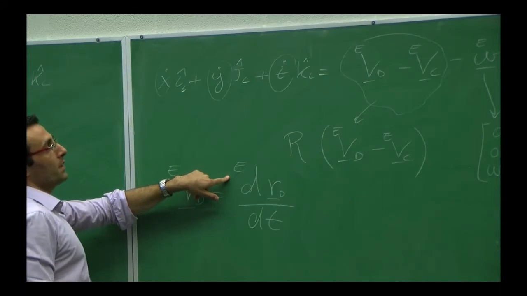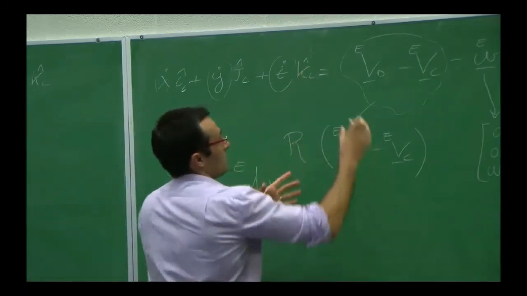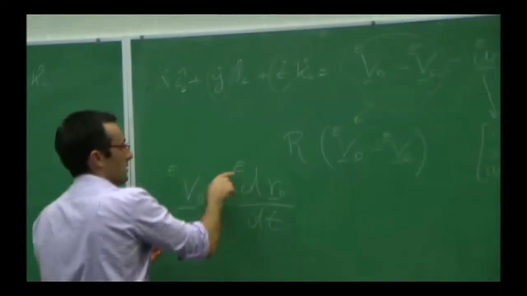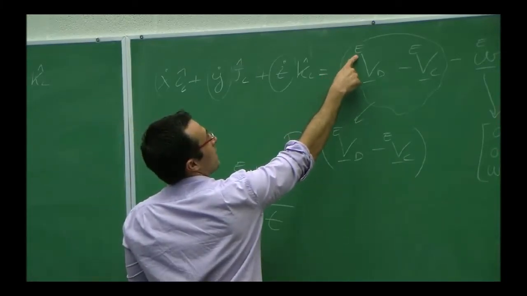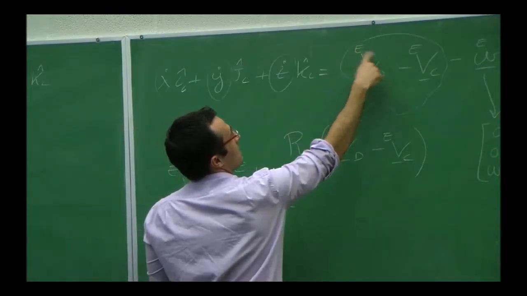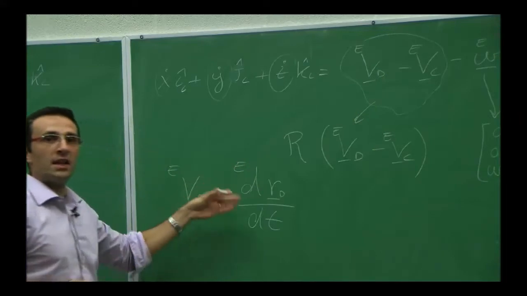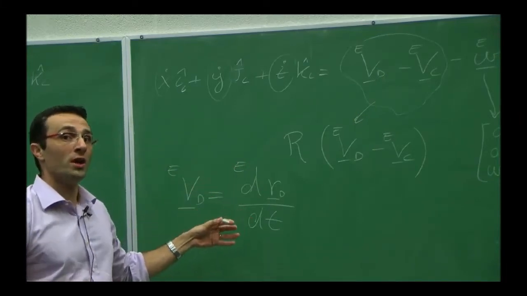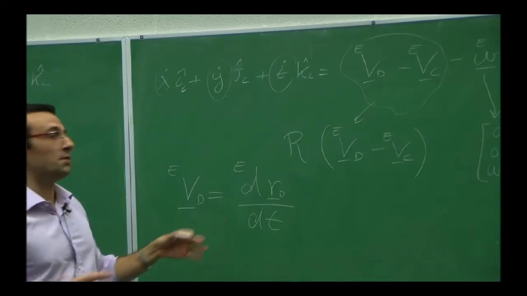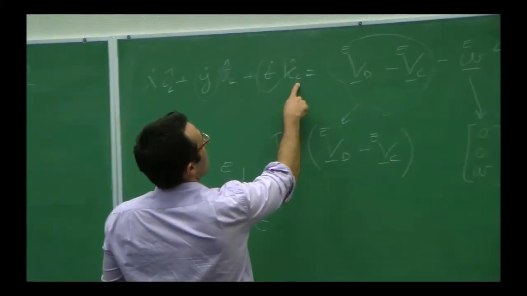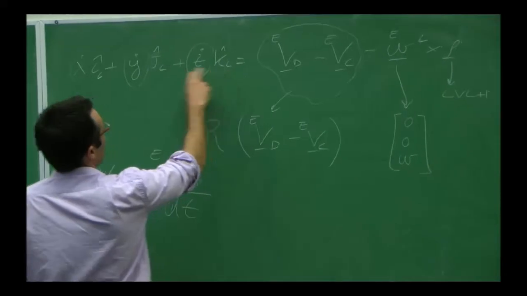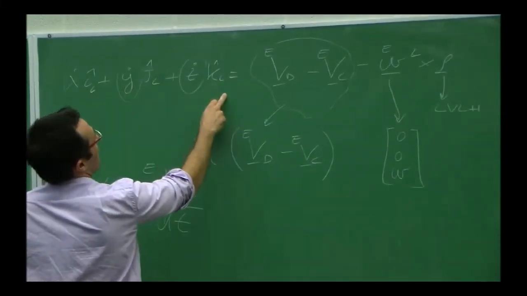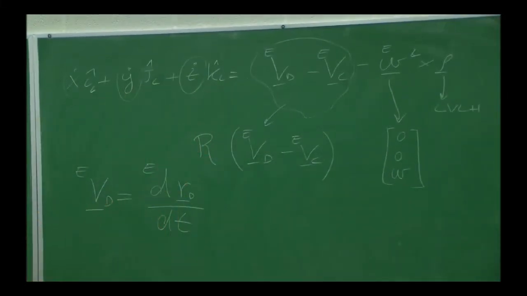So I think the difference is this superscript here indicates that this is a vector that has been originated by taking a time derivative, and you need to specify who has taken the time derivative of the vector, because it depends on the observer, right? While when I put the subscript on these guys, I'm just saying that I am expressing a vector in a certain basis. Does it make sense?